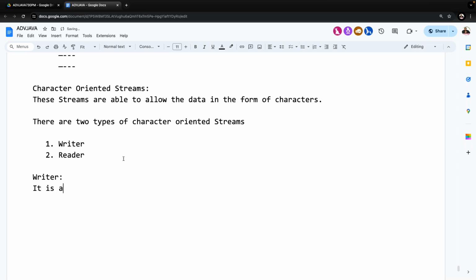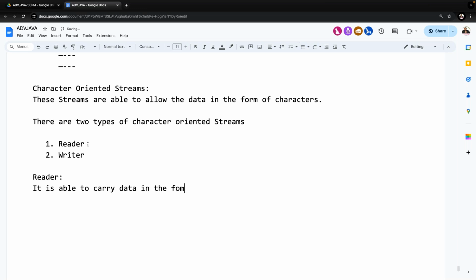Or else, in order if you want to take note, we can take Reader first, and the next one Writer. First I want to take Reader. It is able to read data, or maybe it is able to carry data